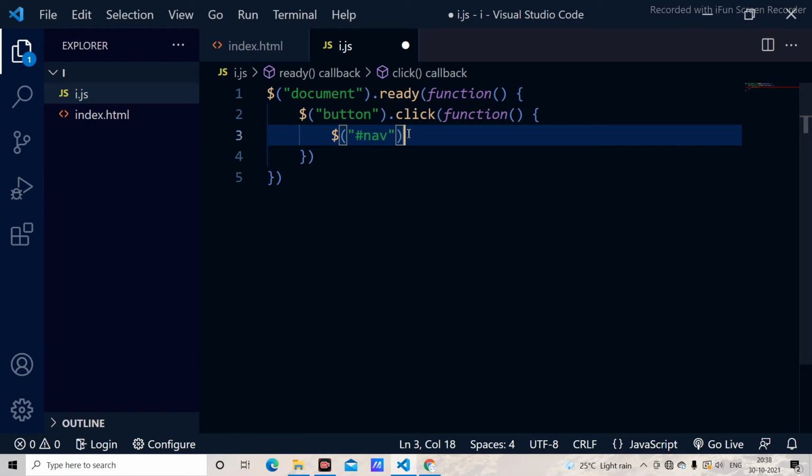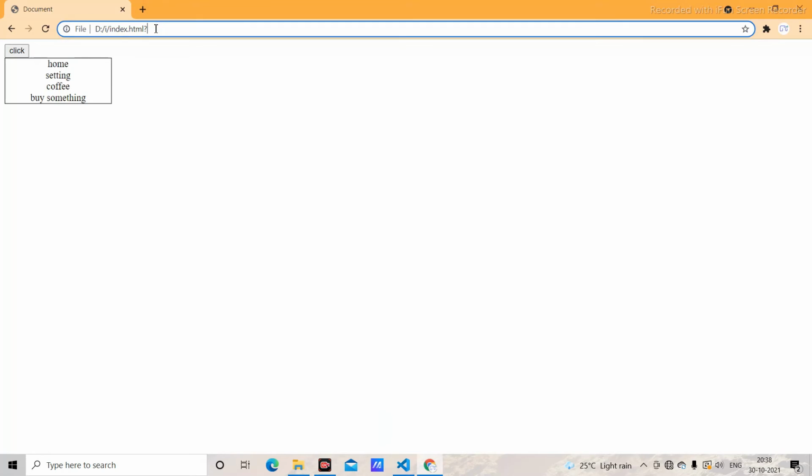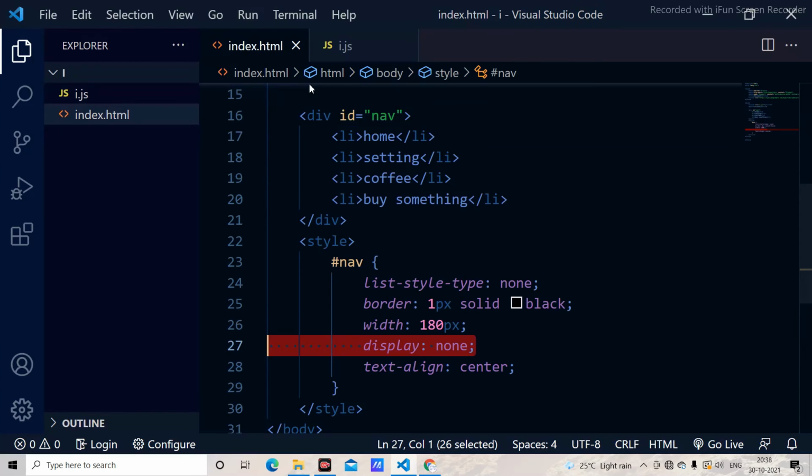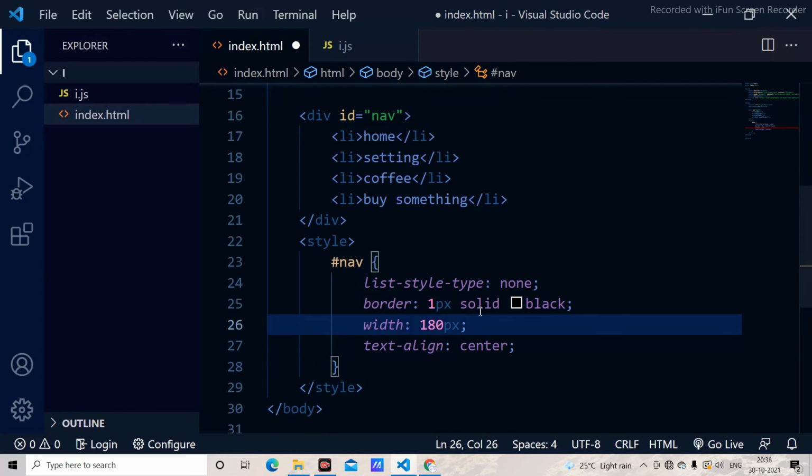Using the fade in method, we can make things appear. For example, I use a fade in, and I use a function. I save it, and here in the browser, when I reload the site, whenever you click it, it is going to show you anything with 100% opacity. And this is the power of it. It is going to give you anything with 100% opacity. And next we have fade out, which is going to remove every transparency, meaning it is going to give you 0% transparency.